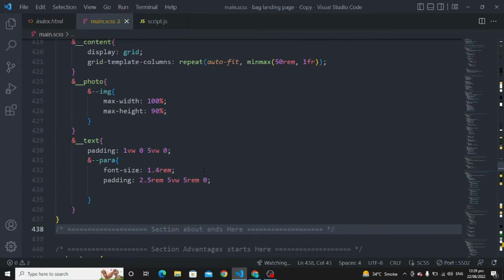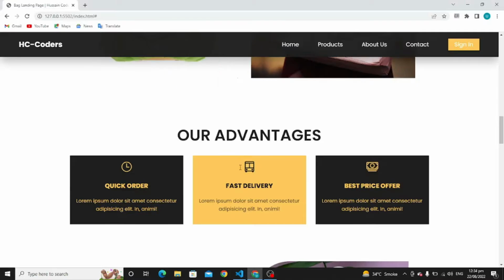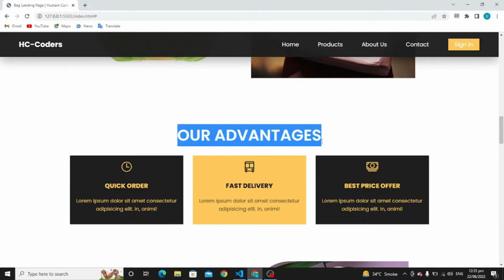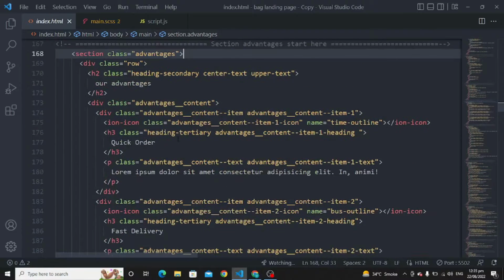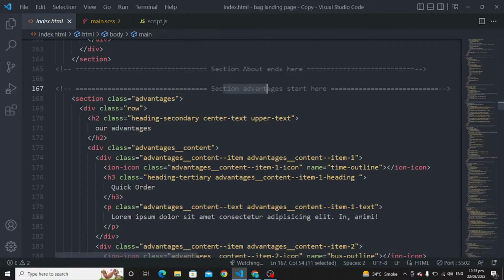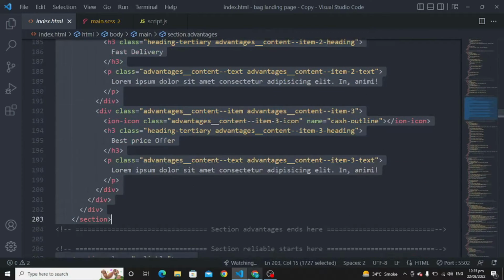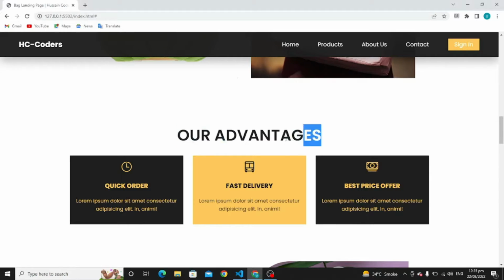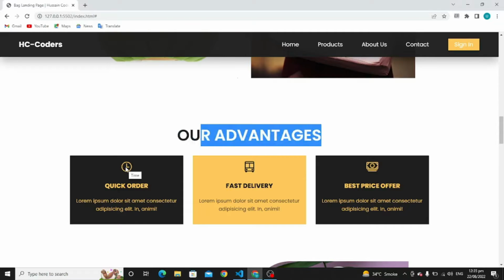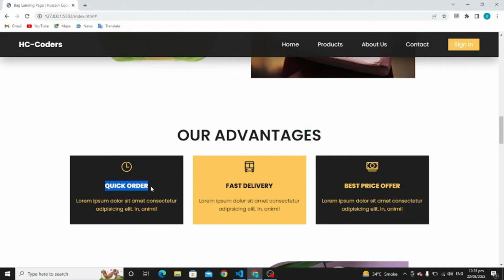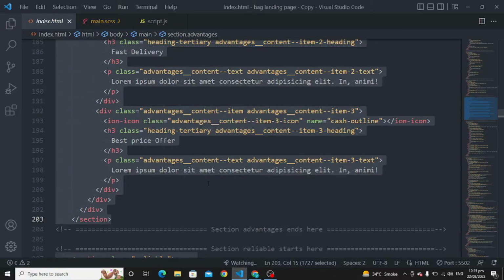Okay, the section ends here. Our advantages is in this section. As you can see, this section starts from here and moves here. In this section, we have a heading and then an icon, its name and some paragraph about it. Then we are going to copy this whole part and paste it here and here. Okay, for this purpose,